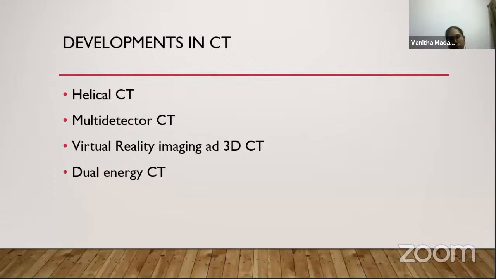Up to the 3rd generations of CTs, it used to be conventional. It is said to be conventional because those conventional CT scanners used to scan the patient one slice at a time, and every time after each rotation of the gantry, we have to progress the patient's couch forward, which is a very time consuming procedure, and it will be inconvenient for the patient to hold breaths multiple times.